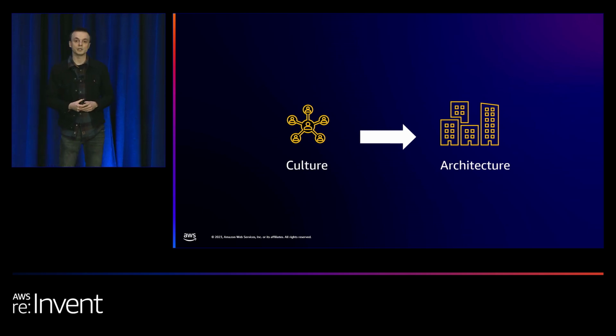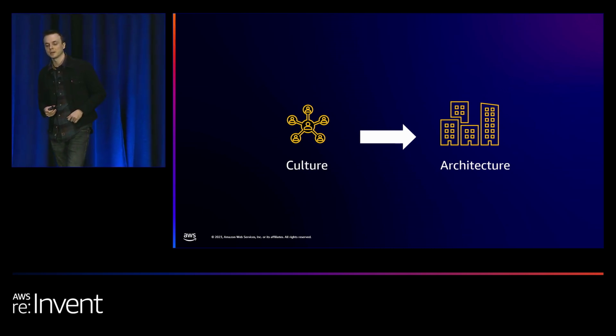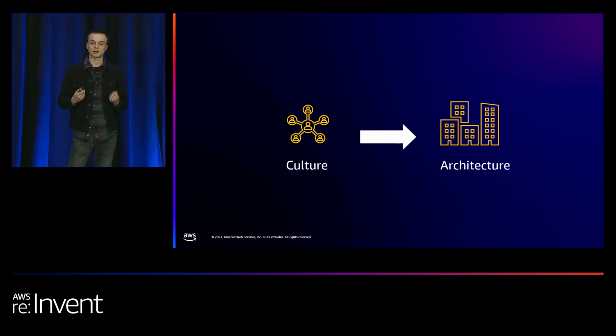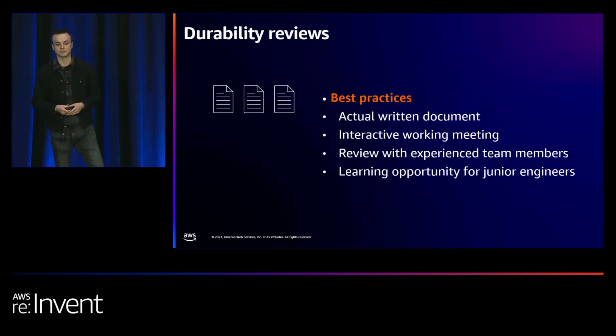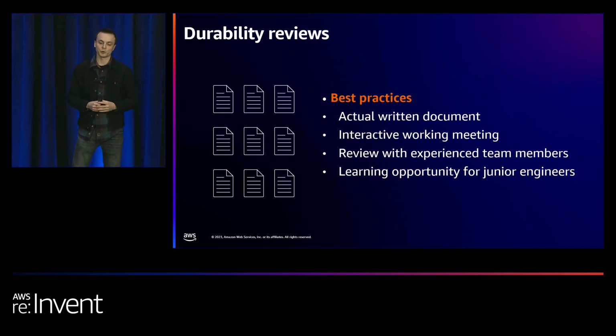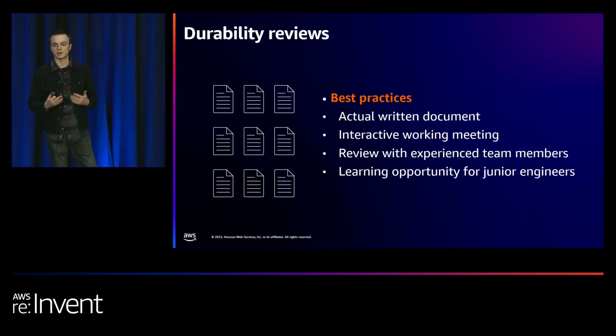The bar that we engineers have is to never lose a single byte. Now, that's a nice aspiration. But what we need are real mechanisms that ensure that we can do this consistently year after year, every single time. So let's take a look at one of these mechanisms. And we call it the durability review. Now, we borrowed this from security modeling, if you're familiar with that. And it goes something like this.